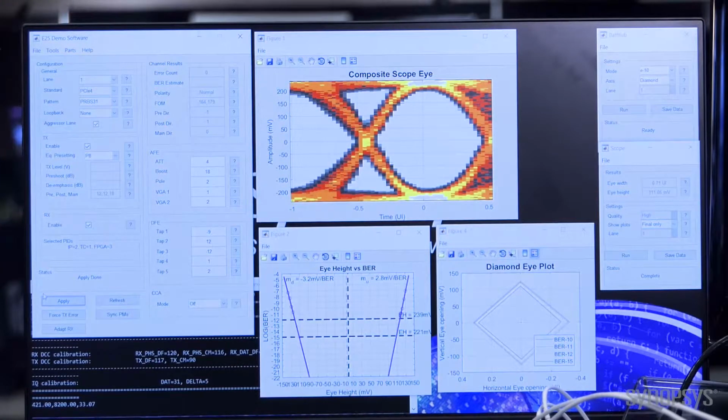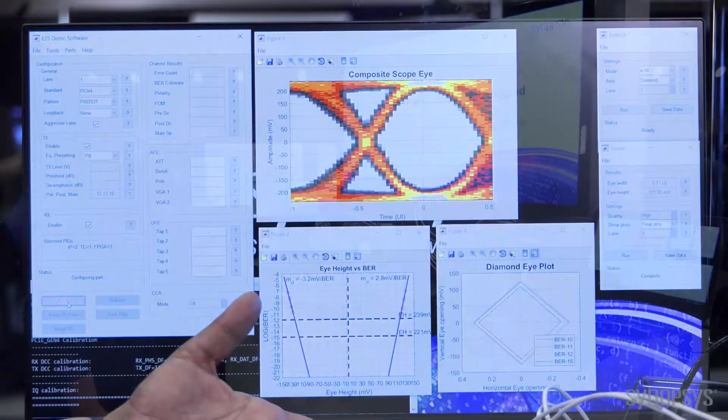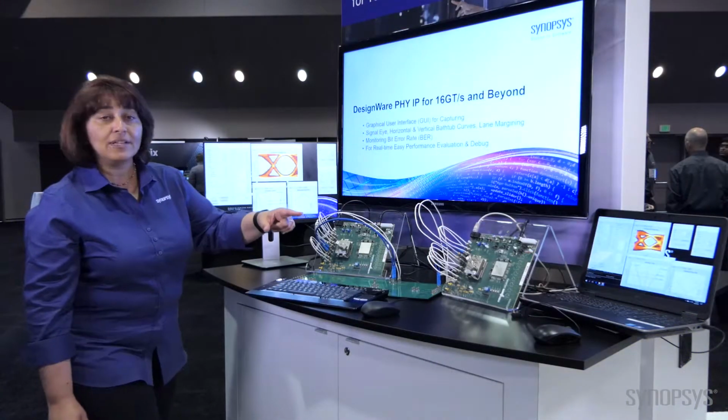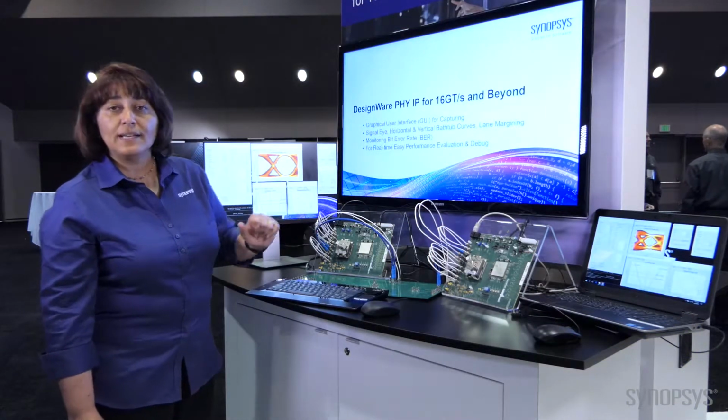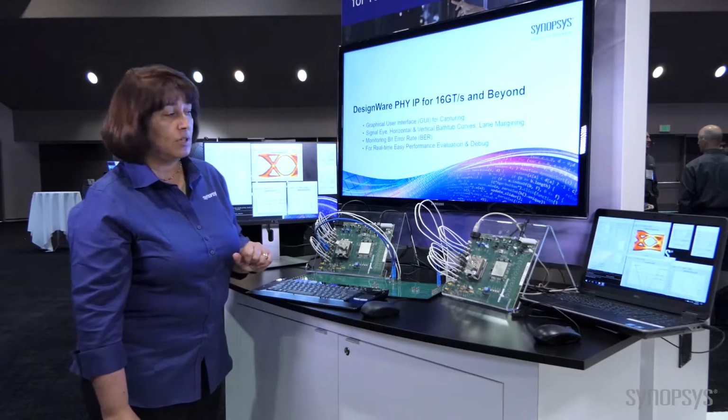And we set the TX equalization. Effectively, the 16 nanometer is transmitting to the 7 nanometer. And then we push apply. We wait for the GUI to configure. And once it's completed, we move to the 7 nanometer and start setting up the 7 nanometer test board to